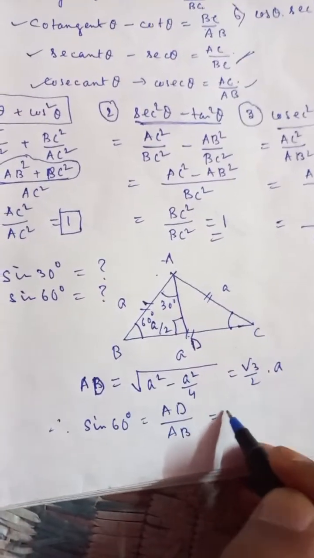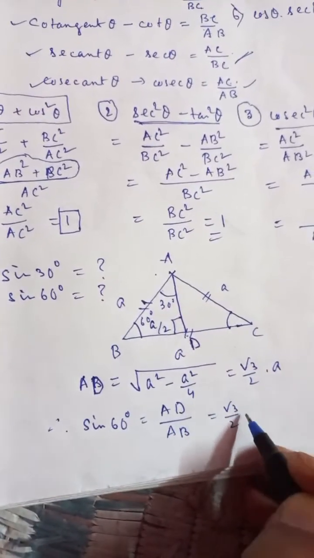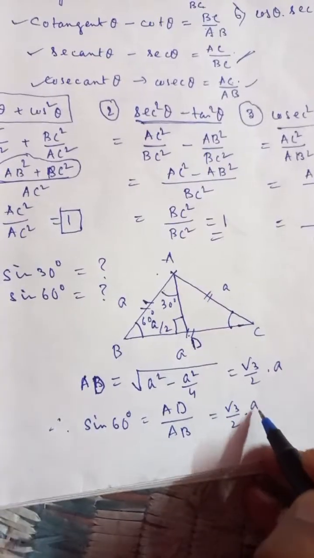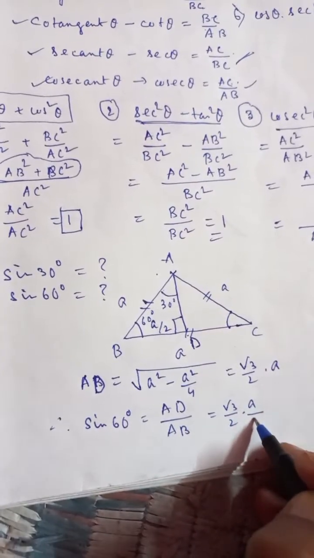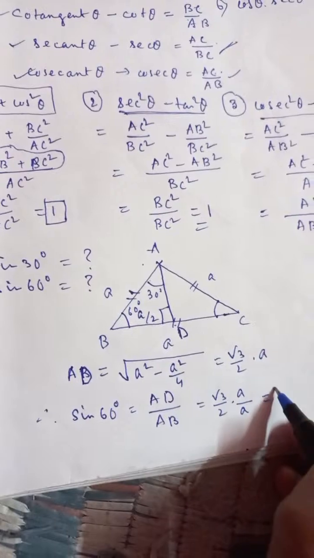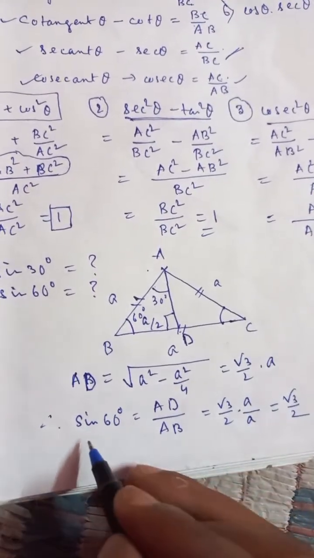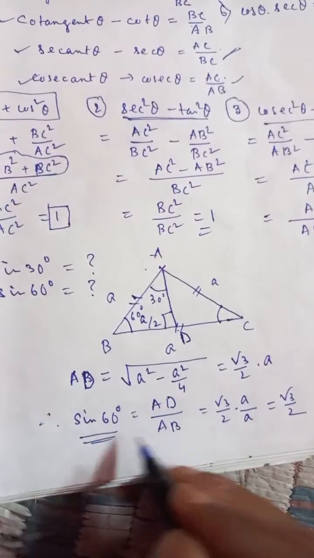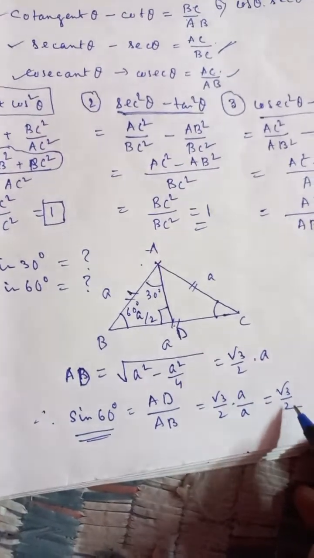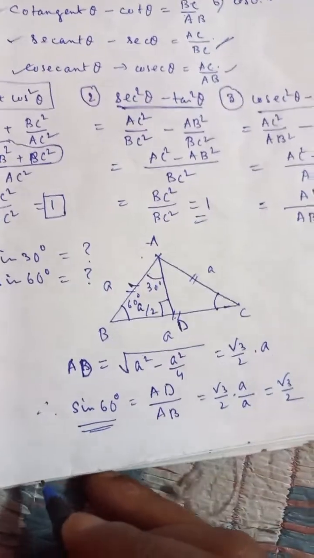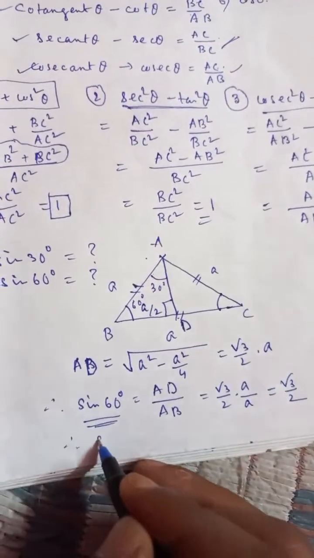So AD is root 3 by 2 into A and AB is equal to A. So we will have root 3 by 2. So this is the value of sin 60 degree, root 3 by 2, and sin 30 degree will be